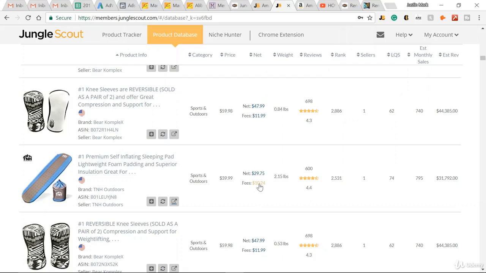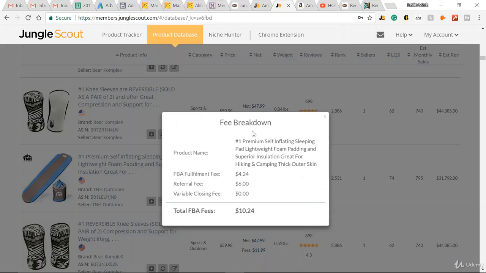Our fees are $10.24. So instead of you inputting this into the FBA revenue calculator, Jungle Scout is doing this for you. Again, Jungle Scout makes this research really streamlined and really easy. So just click those fees, and it breaks it down for you. FBA fulfillment, Amazon commission, and there's our $10.24. So remember, this isn't including your cost of goods. So let's say landed from China, we have that $25 cost of goods. So with shipping and the cost of the sleeping pad, shipped from our China manufacturer to our Amazon FBA centers. So 25 plus this $10.24 fees,